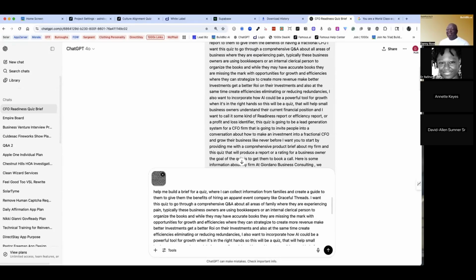For example, I know you also provide apparel and memorabilia for funerals. You don't want to mix those two in one quiz. Those are completely happy occasions and very sad, painful occasions. You would have two different types of approaches to those things. Same company, but totally different audience. Family reunion, where they are experiencing pain, typically family members are, and so this is where we go back to,